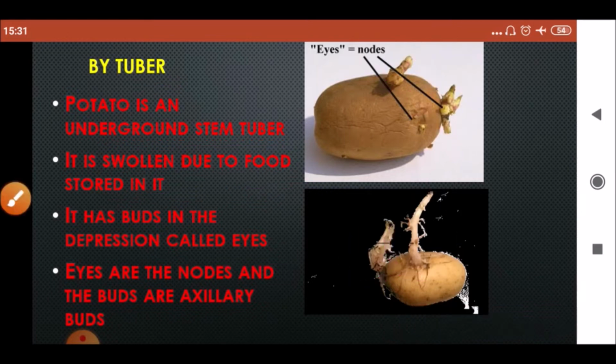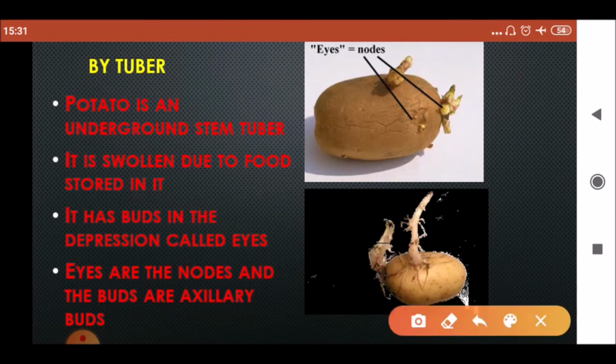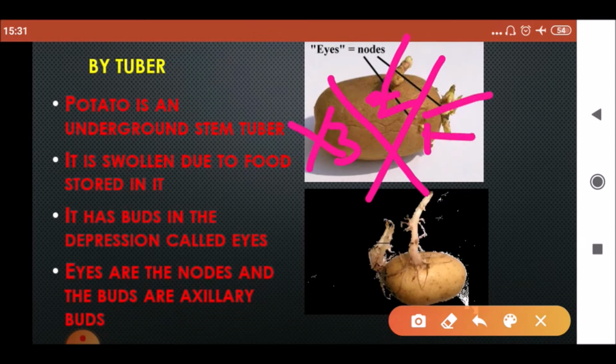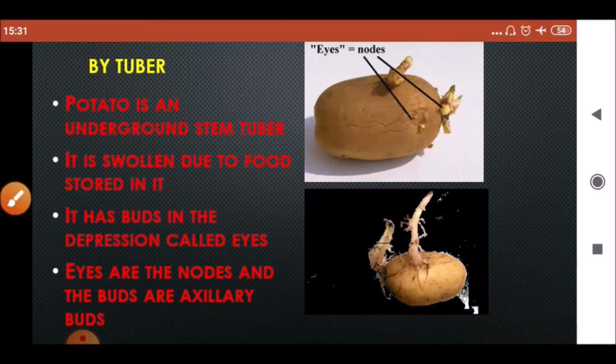Children, if you are going to cut this potato into parts, like this one is one part, this one is the second part, and this one is the third part. If we sow these parts in the soil, then we will observe that a plant arises from both these parts but not from this one. Why? Because part number 1 and part number 2 have buds present on them. Now children, from this we can understand that the vegetative part of the body can also produce a new plant.